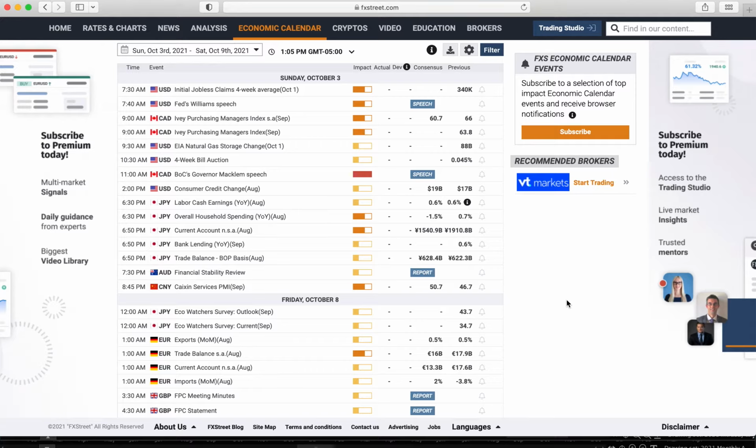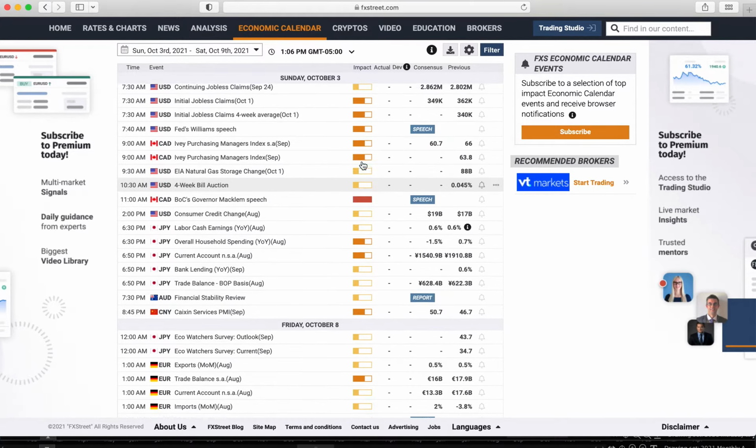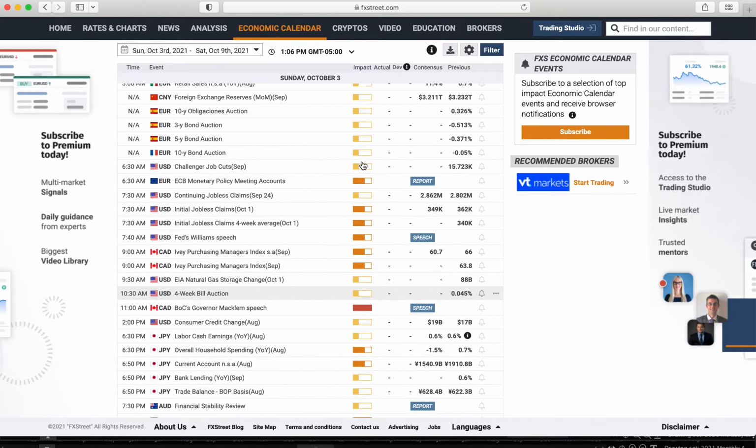I want to start off looking at the data calendar. I post this link for you a lot. Hopefully you guys are using it. Forexstreet.com, fxstreet.com. That's the one I like to use. It has this great economic calendar, and it has this nice little stoplight system, a yellow, orange, red bar system down the middle that lets you know how important of a market impact a certain data set might have. I think that's pretty interesting.